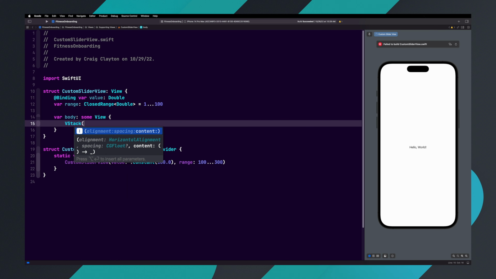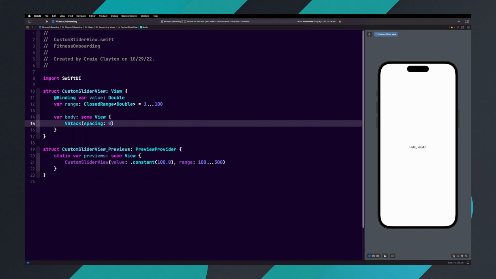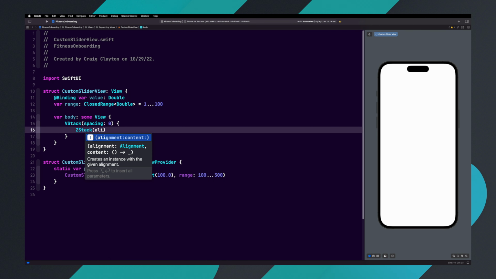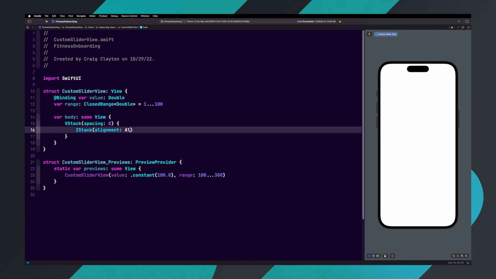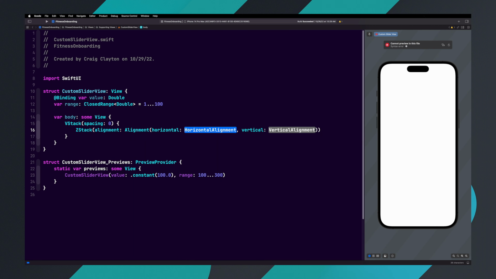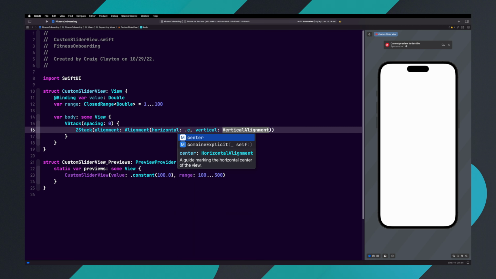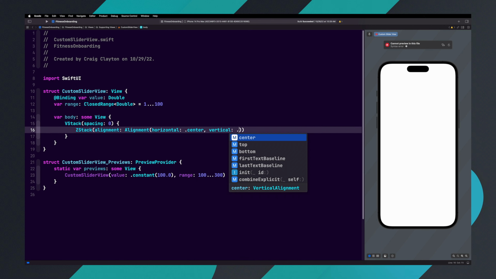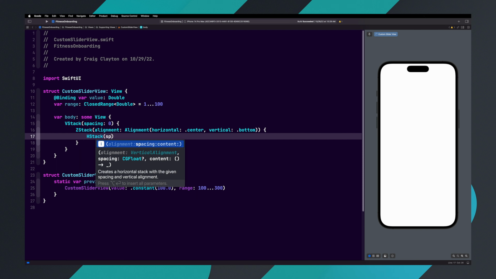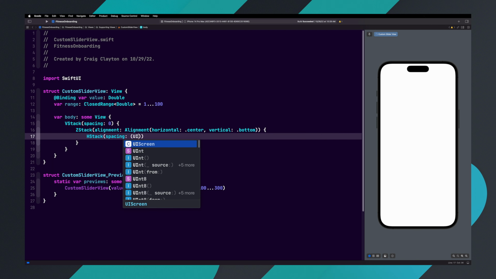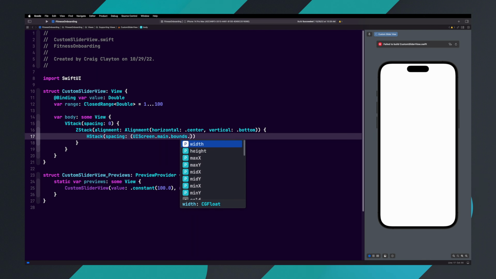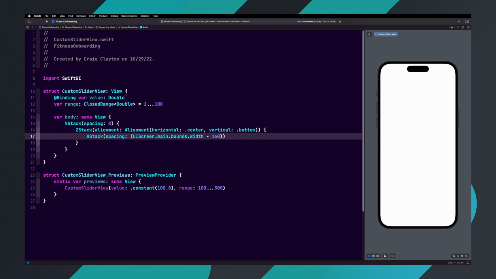Now let's add a VStack inside of the body and set the spacing to 0. Inside of the VStack, we're going to add a ZStack, and we're going to set the alignment to Alignment(horizontal:, and we'll set the horizontal alignment to .center. Now let's set vertical to .bottom. Inside of the ZStack, we'll add an HStack, and we'll set the spacing to (UIScreen.main.bounds.width - 160)